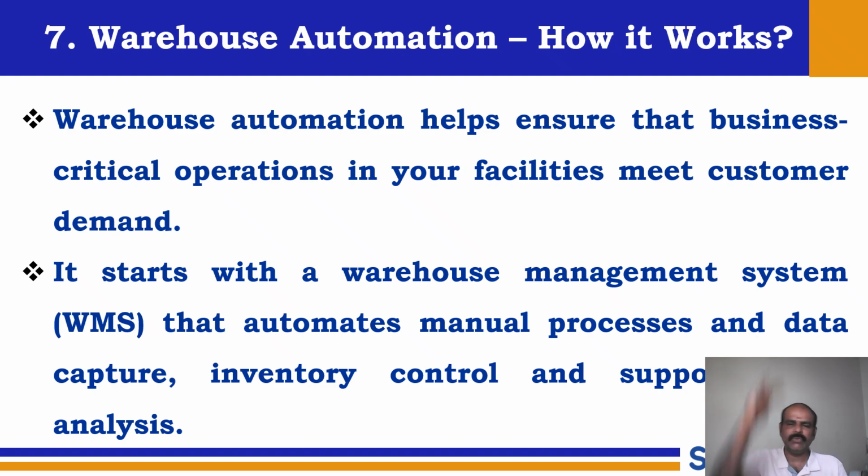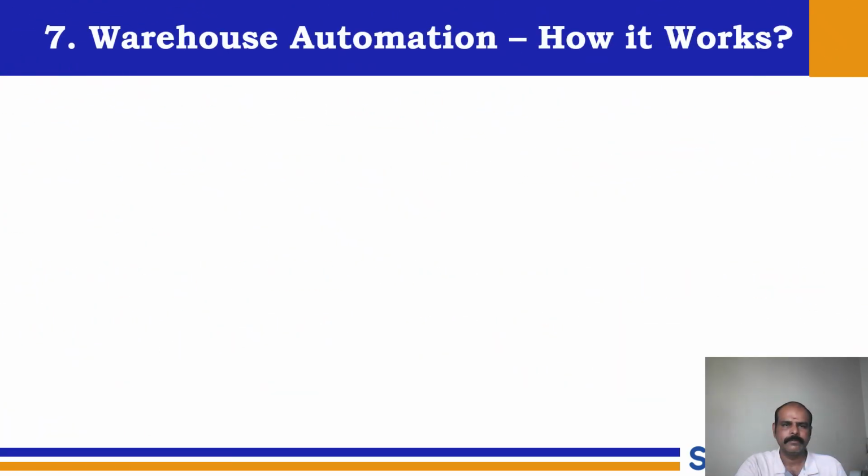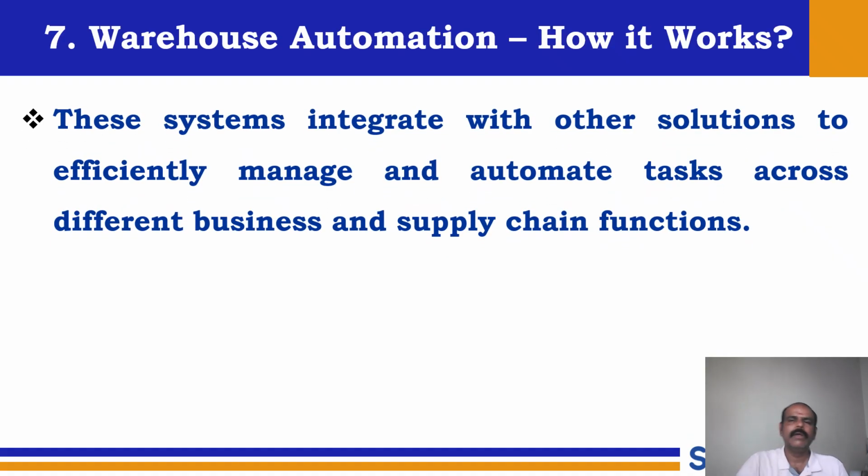So step one, this will remain as such, and these are the activities we are going to automate. Likewise, we need to think of planning that has to be done. That is what is called a warehouse management system. So these systems are integrated together with other solutions to efficiently manage and automate tasks across different business and